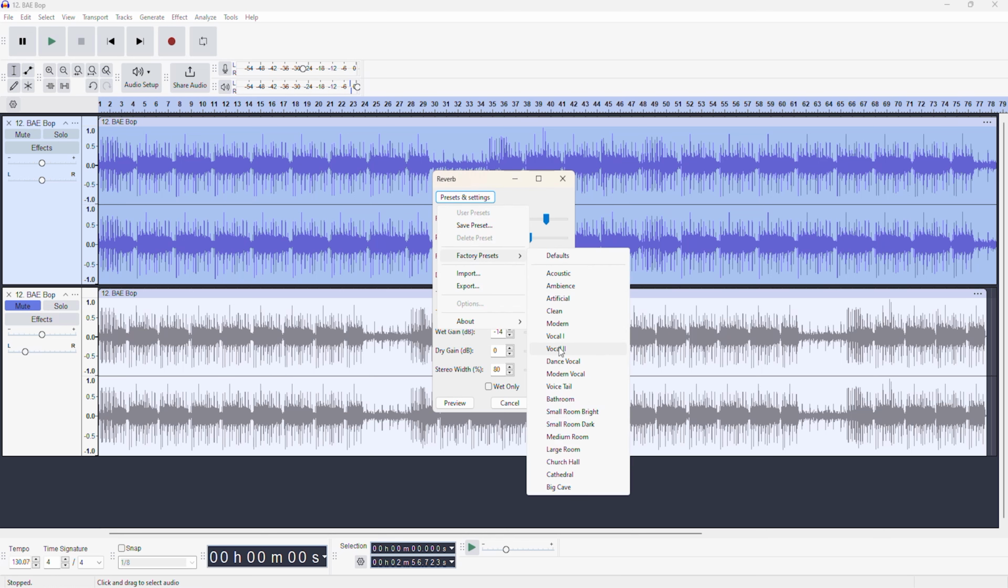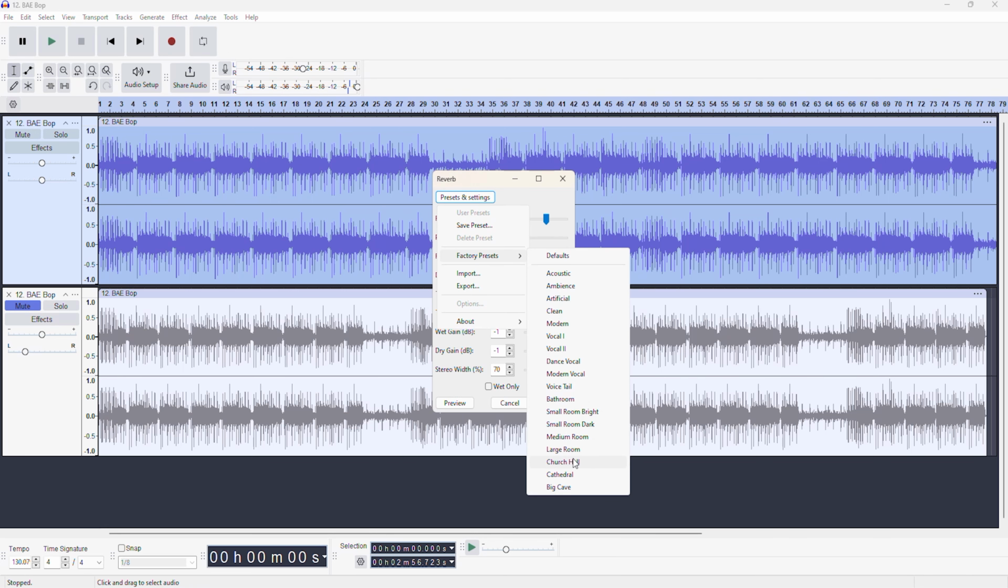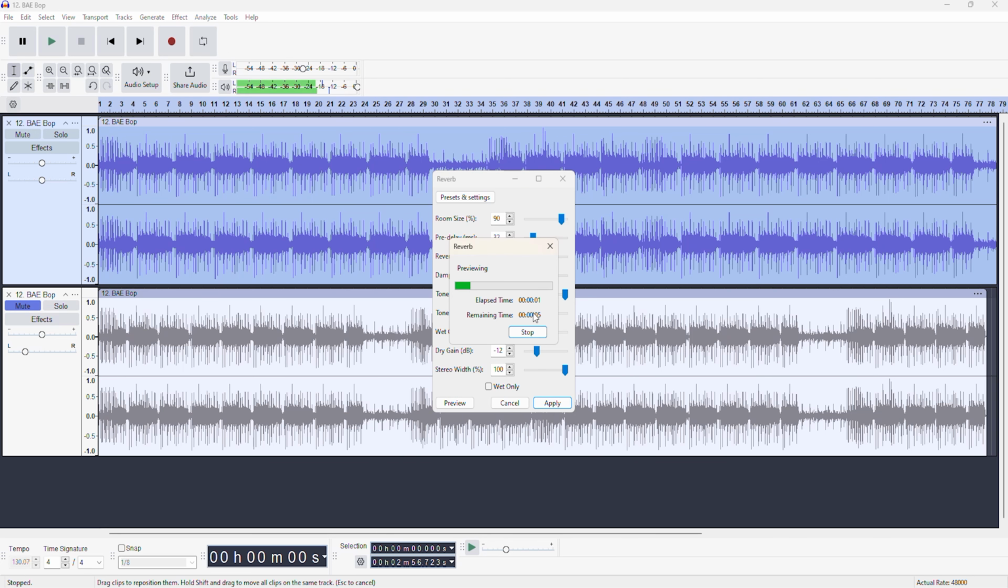Maybe I can try vocal too. I wouldn't want a harsh reverb like church bells. That's just too much reverb for me, but even if you can't find the perfect reverb setting, you can also